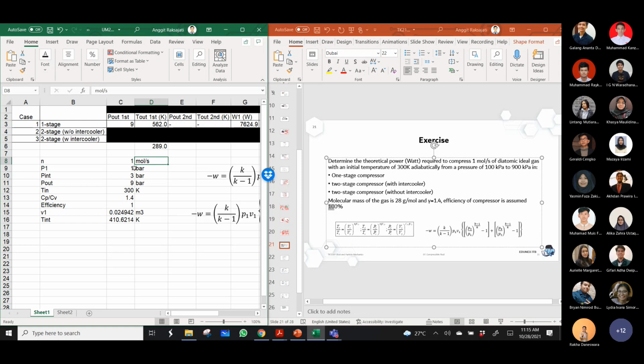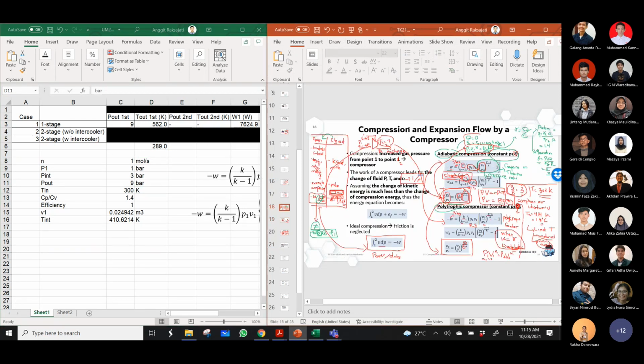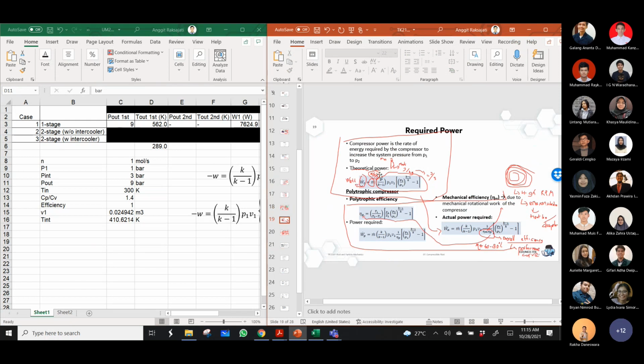Yeah, no, this is correct. Okay, my bad. I will check back again. So this is not joule per kilogram. Over here it's joule per mole. So you have to multiply by the mole per second. I think the correct one is mole per second.